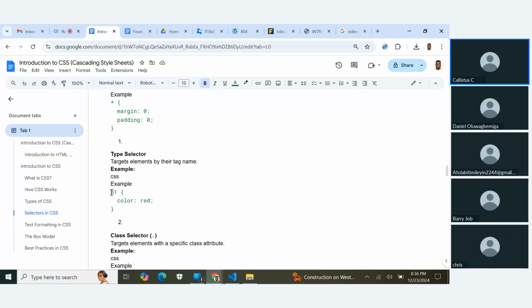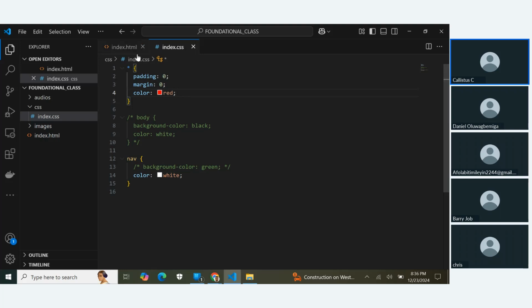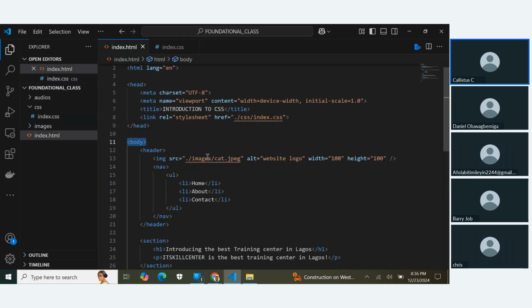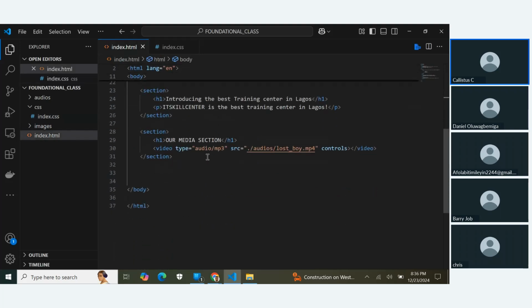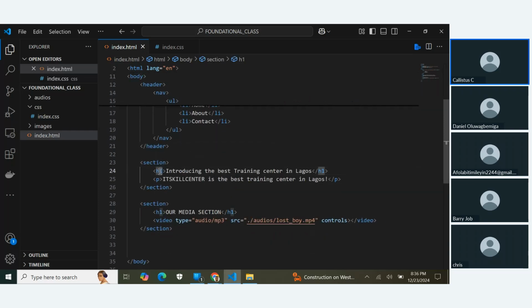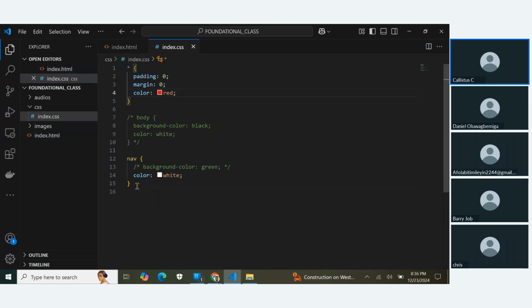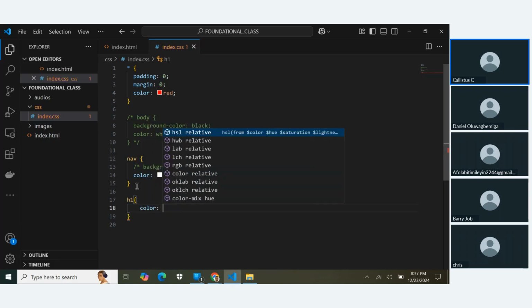We have used this previously. So using this style, if you want to style only your H1, you see, this is my H1. If I want to select only this H1 and style it, I'll just have to select it by its name, and then I'll give it a color of